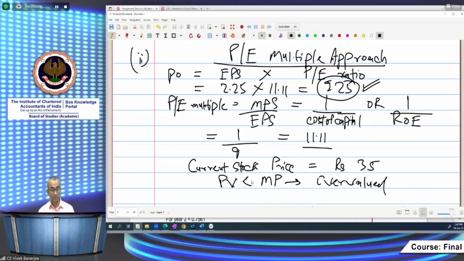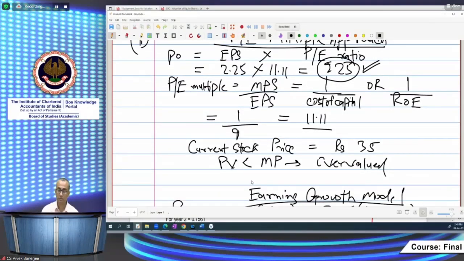तो आ गया हमारा 25। फिर क्वेश्चन ये पूछ रहा है कि इज द स्टॉक ओवर वैल्यूड, क्या स्टॉक ओवर वैल्यूड है? तो आंसर है कि यस, ओवर वैल्यूड है। ओवर वैल्यूड इसलिए है क्योंकि जो प्रेजेंट वैल्यू है वो मार्केट प्राइस से कम है। रूल ये कहता है कि जब प्रेजेंट वैल्यू मार्केट प्राइस से ज्यादा होता है तब वो अंडर वैल्यूड होता है। ओवर वैल्यूड सिचुएशन में अगर इन्वेस्टर ने इन्वेस्ट किया है तो वो उसको बेचेगा। अगर नहीं इन्वेस्ट किया है तो वो उसको अवॉइड करेगा, इन्वेस्ट नहीं करेगा उसमें।